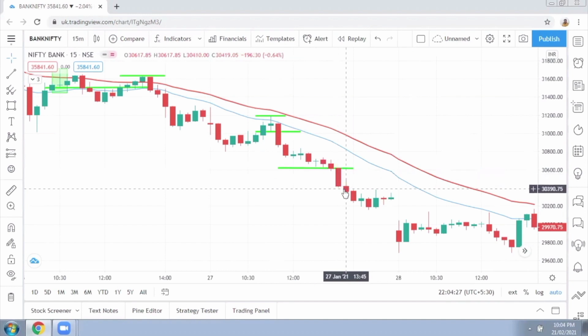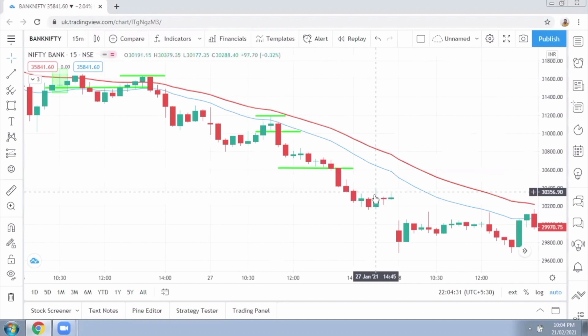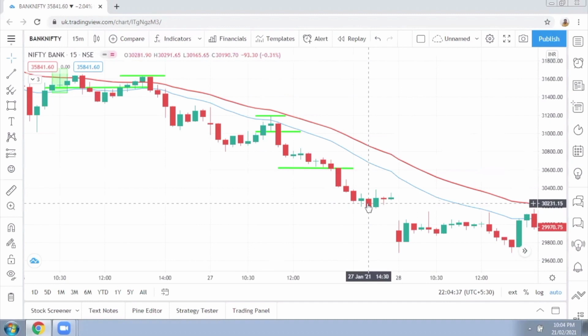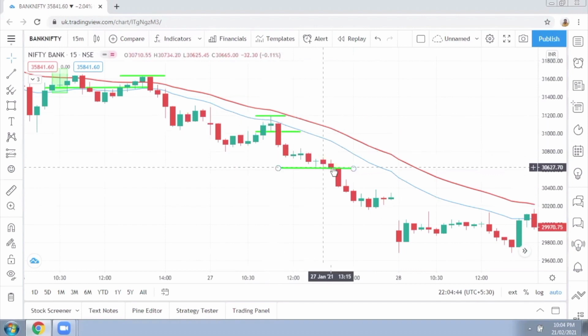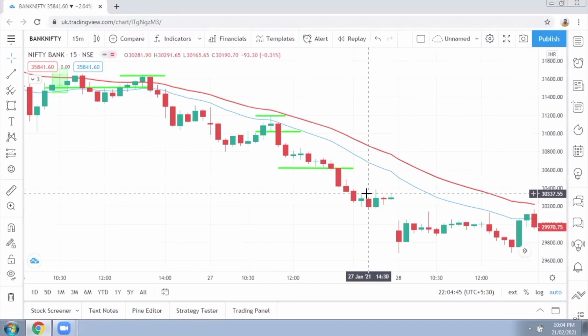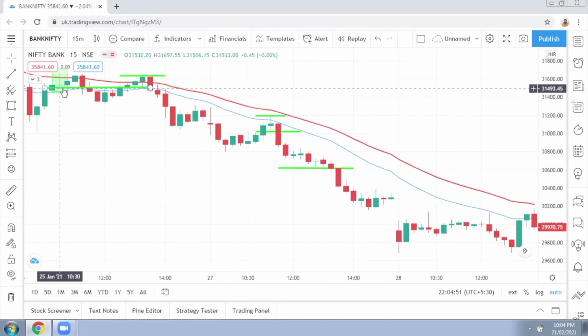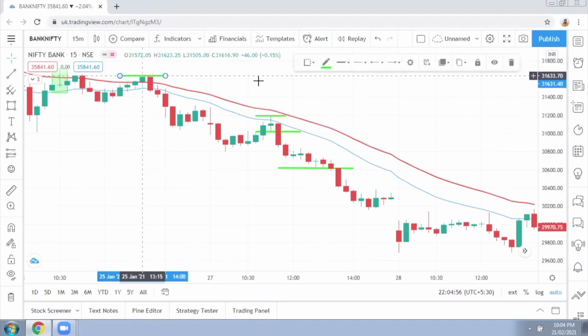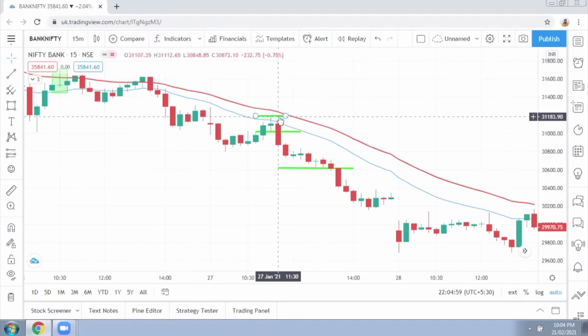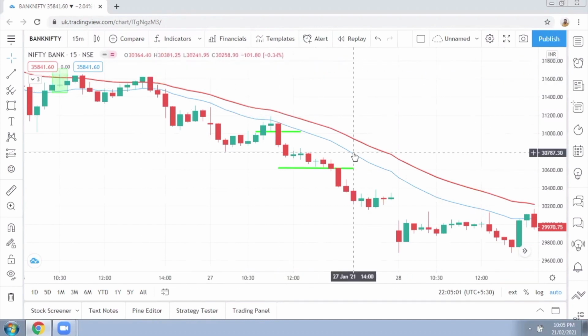So the risk reward ratio can be calculated as per the risk appetite of the trader. Someone will like to take 1:1, someone will go for 1:1.5 or 1:2. What I prefer is, if someone is trading in multiple lots, he should book at least 70 to 80% of the quantity at 1:1.5 or 1:2 risk reward ratio in intraday, because nowadays volatility is very high. You never know when the market can reverse.